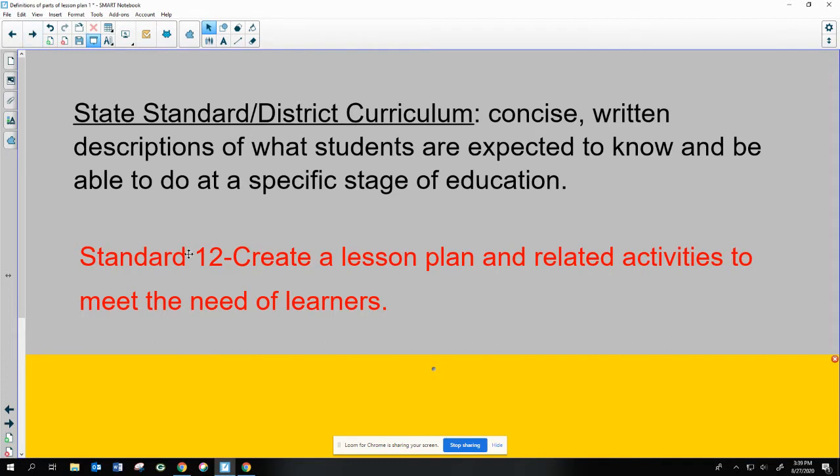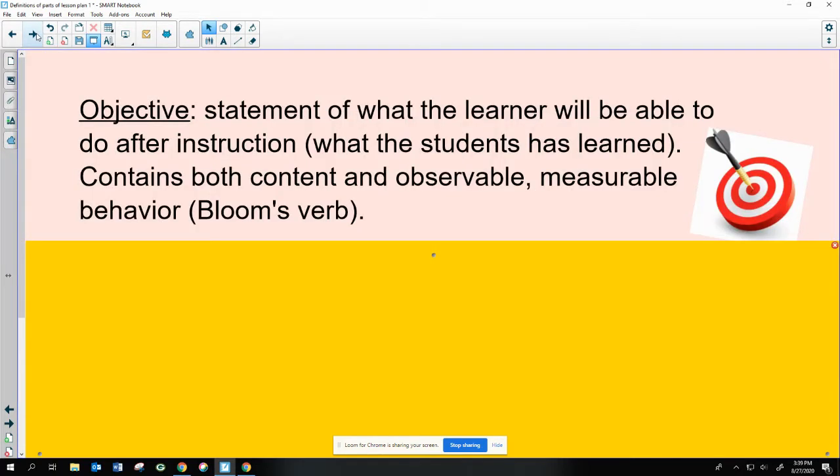When you're doing your notes, you just need to write the definitions. You don't need to write the examples unless you want to. Okay? And you can also pause the video as we go if you need to write down your notes. Okay? So after you have your state standard, then you kind of want to know the target of learning for